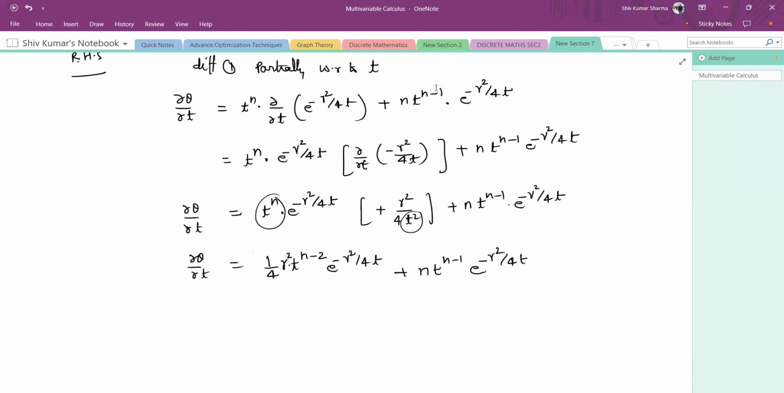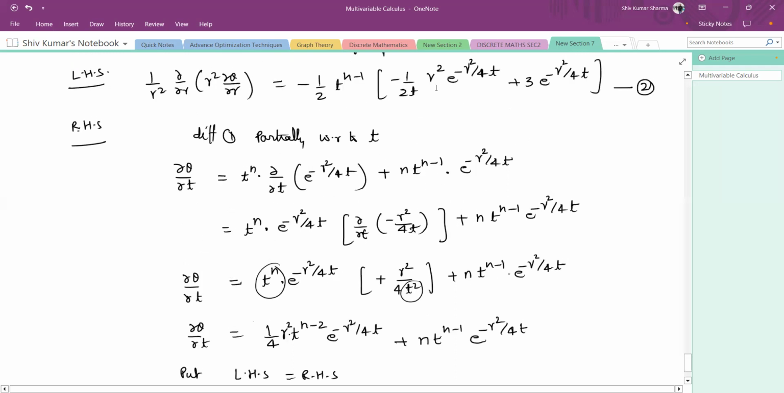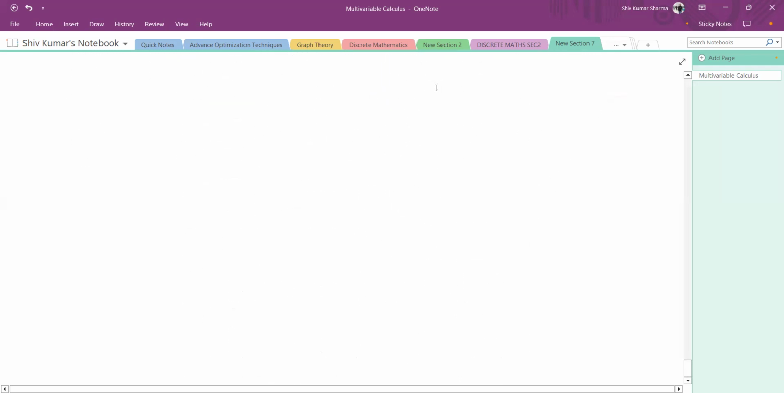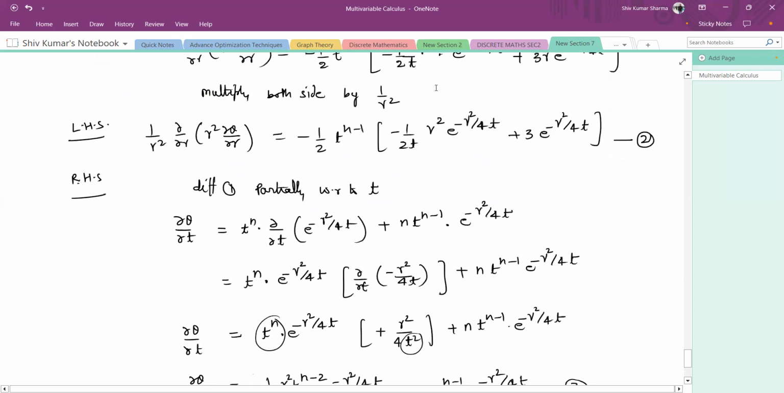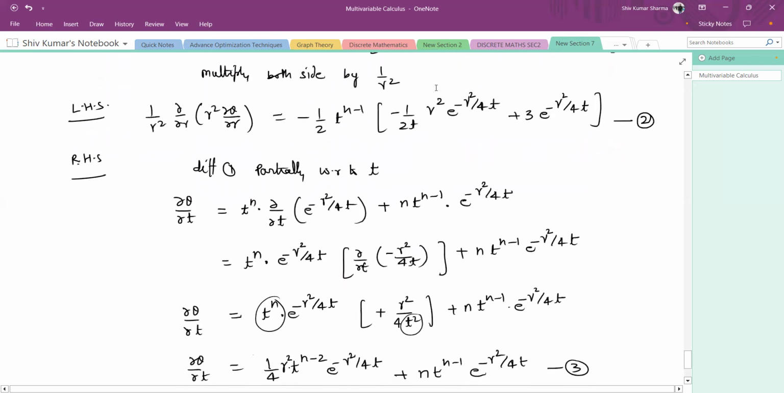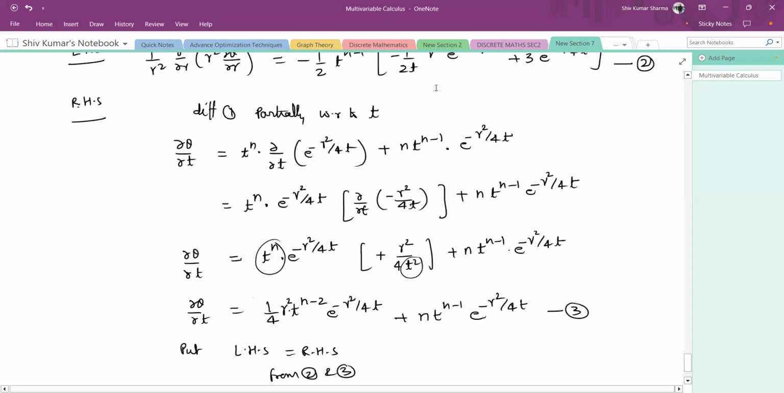So we put LHS equal to RHS, that means from equations 2 and 3. So this equation we write down as 3. So our equation 2, we simplify that. First we write down as